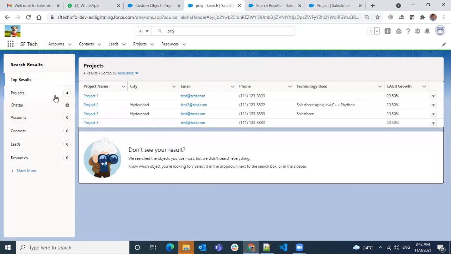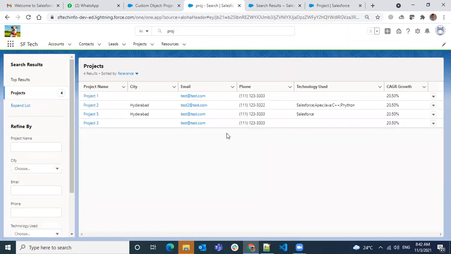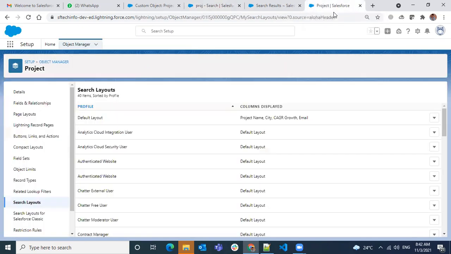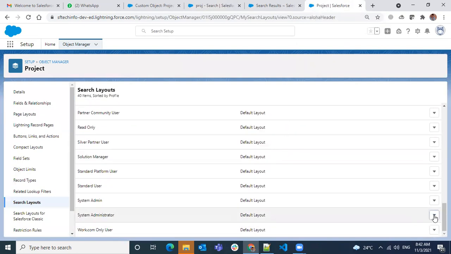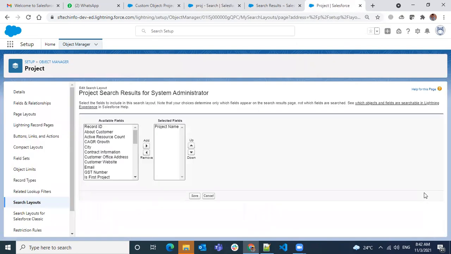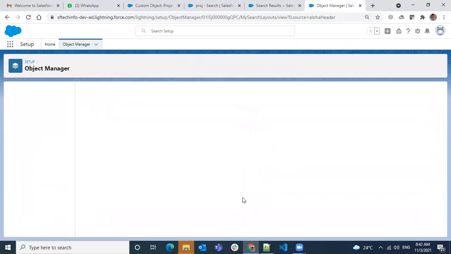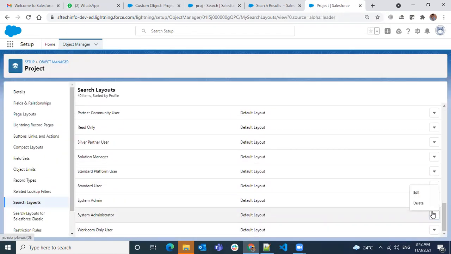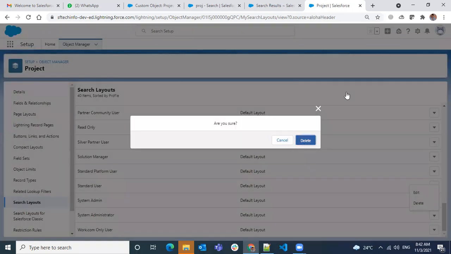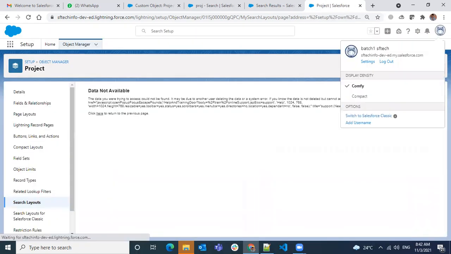That's weird actually. So we're having both fields now. We're having a city, and whatever extra fields we have added, those are also there. So we are system administrator only, right?